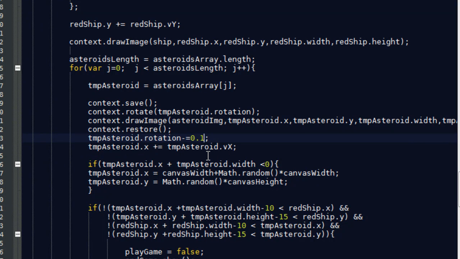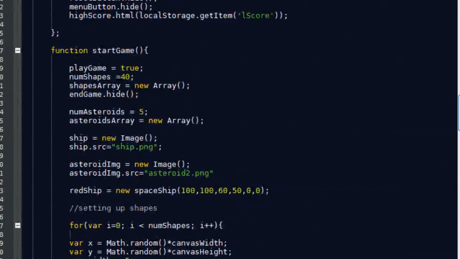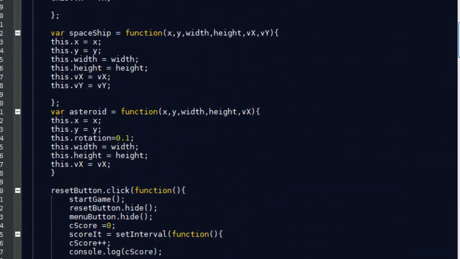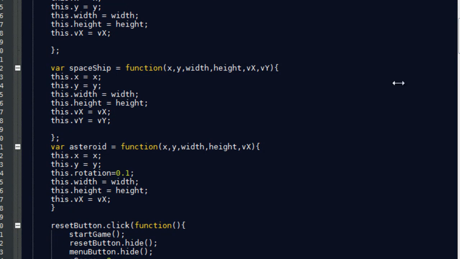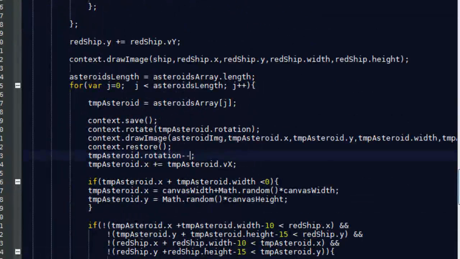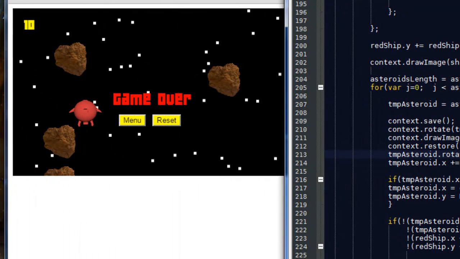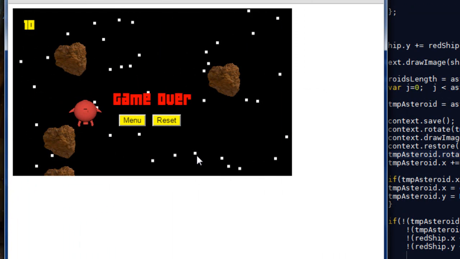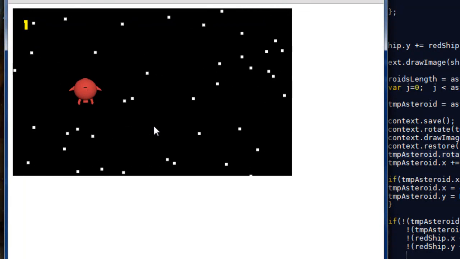Actually no, we're not going to say that. Actually we're going to say tempAsteroid.rotation minus minus, because we've already set the amount to be rotated here, so I don't need to add that again. So all I need to do is minus minus, and it should subtract 0.1 each time. So if I now refresh this again,